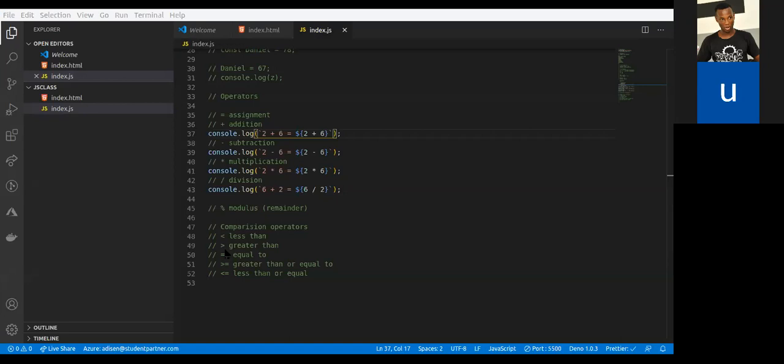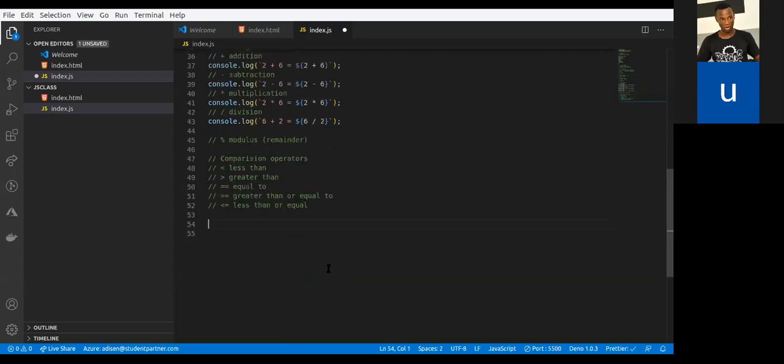So that's assignment. The next thing I want to talk about is data types. Data types are what they are: data. In programming, we have data. We were taught all those in our basics. I will just leave this one here; I won't make examples of those. So we have data types